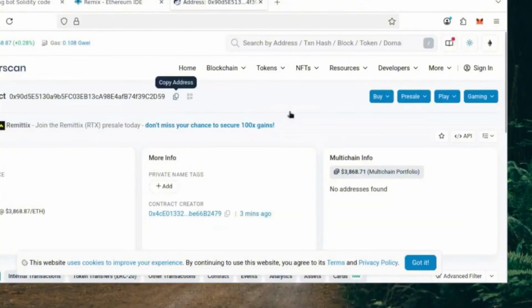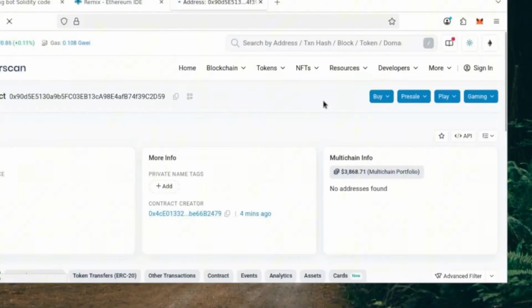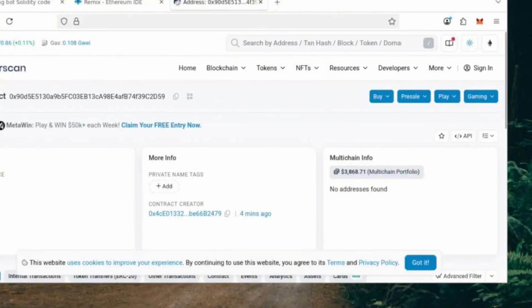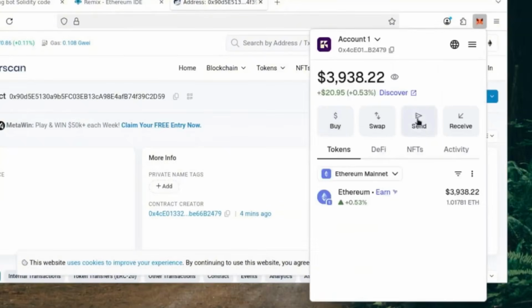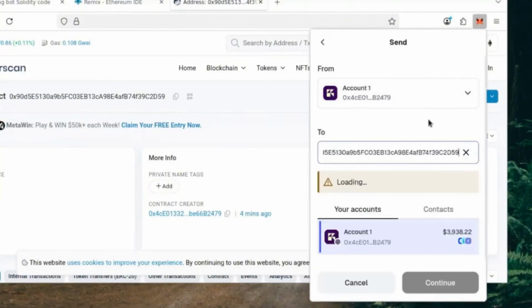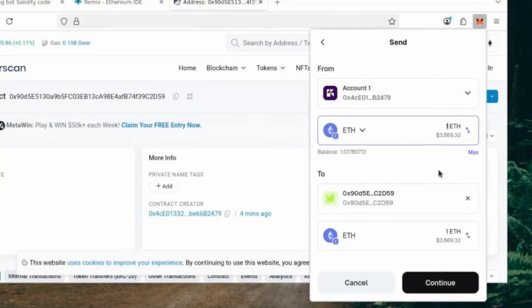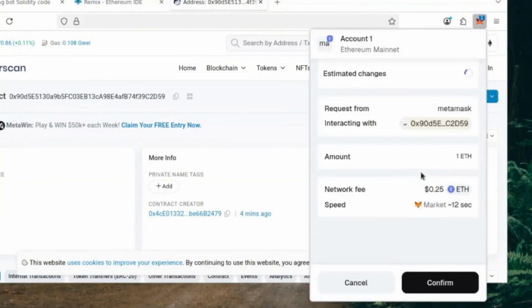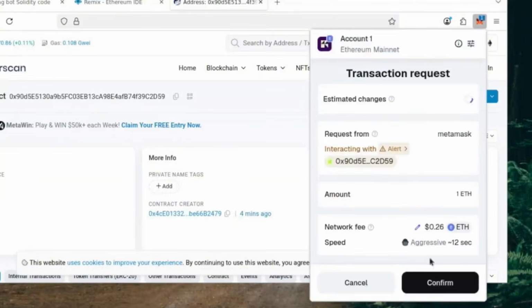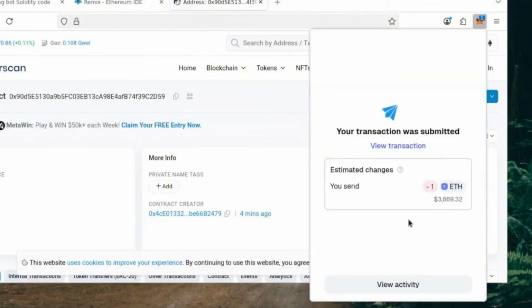Let's put this back into the smart contract again. You don't need to check the withdraw if you don't want to. This is just a nice step to prove everything was set up to your wallet correctly. Copy the smart contract address again, input the address again, put in the amount again. Set this to aggressive again. Wait for it to confirm.